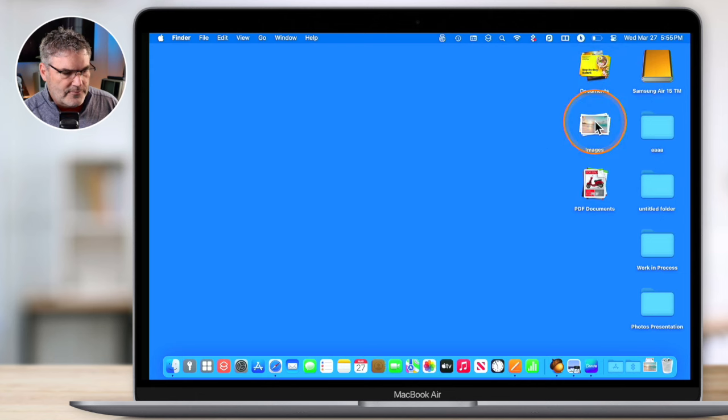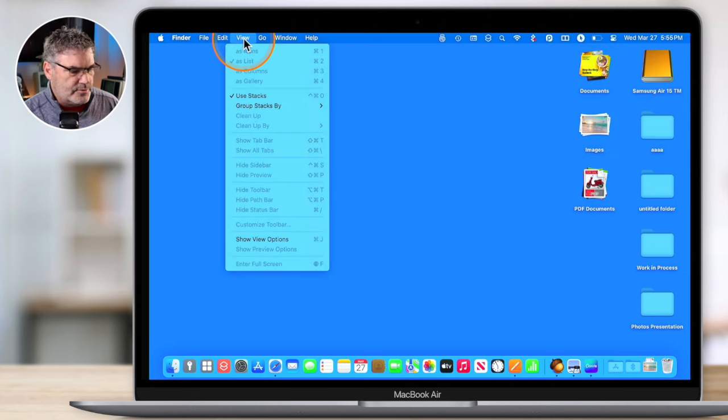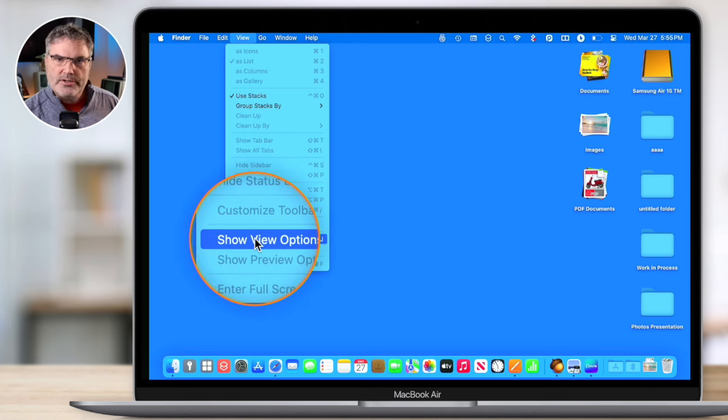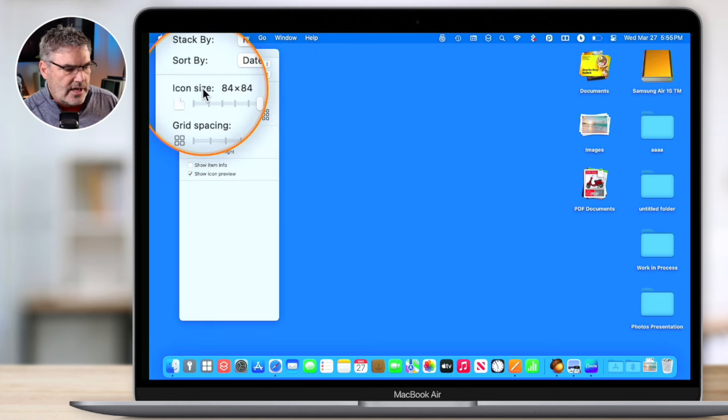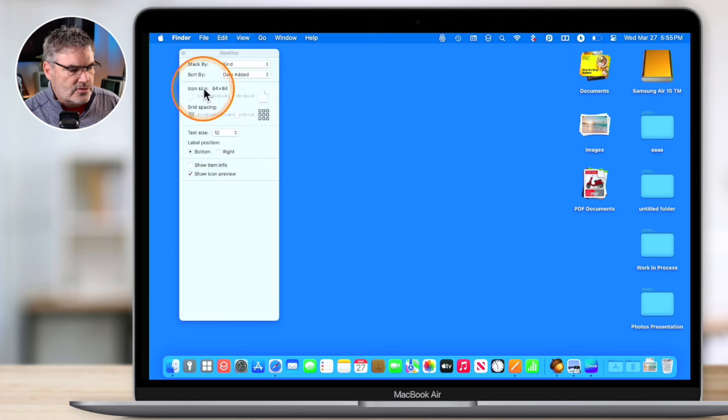Well, basically all we have to do is just go up under View, and then you're going to see an option for View Options. So I show my View Options. What this is going to do is open up a new window, and I have a few different options here. The one that we're going to look at is icon size. So now all I need to do is just go and